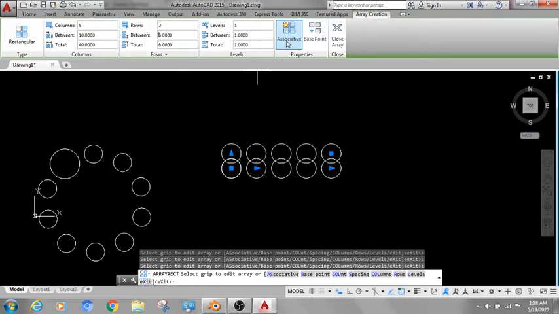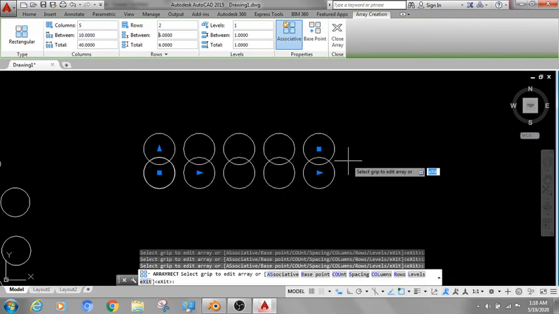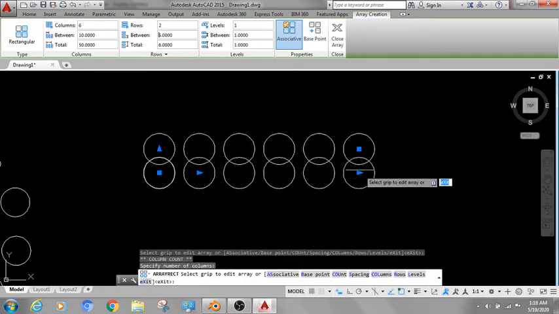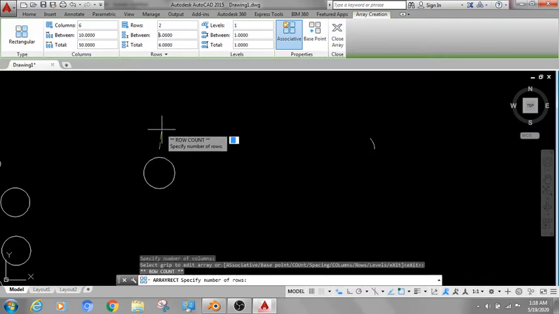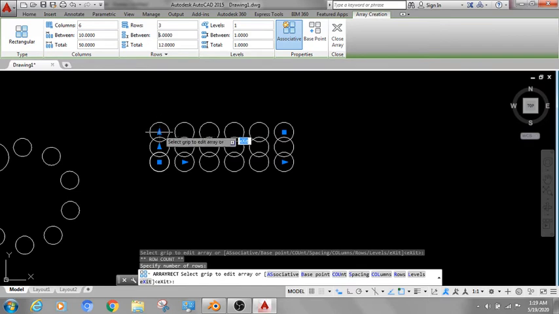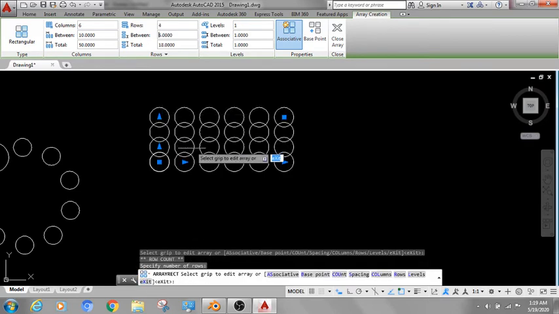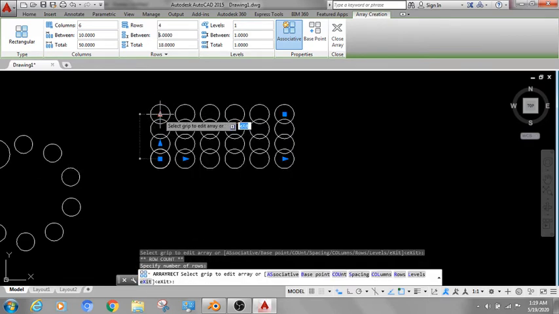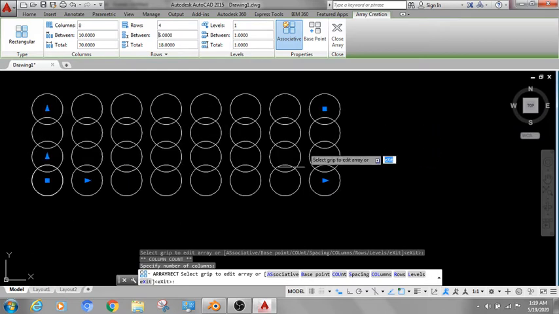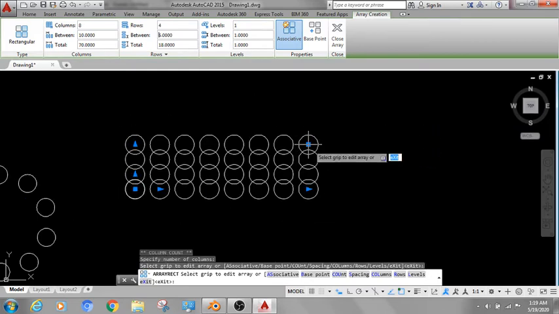Here also you can see associative and non-associative. If you want to increase the distance between two objects, simply you can drag this arrow. Sorry, this arrow is for number of copies. If you want to increase, just select this arrow and you can increase.